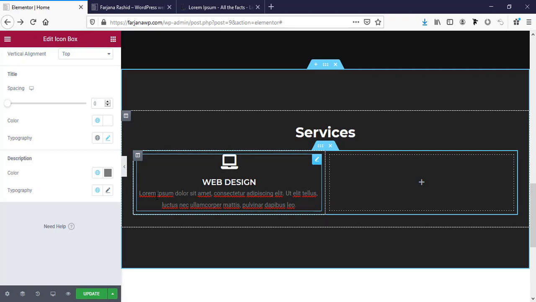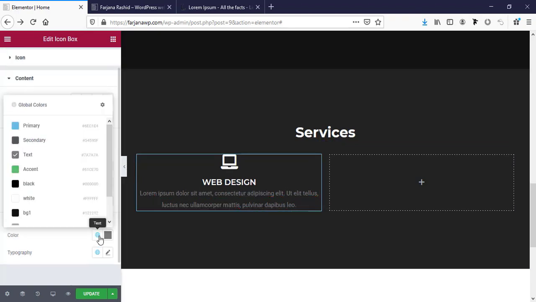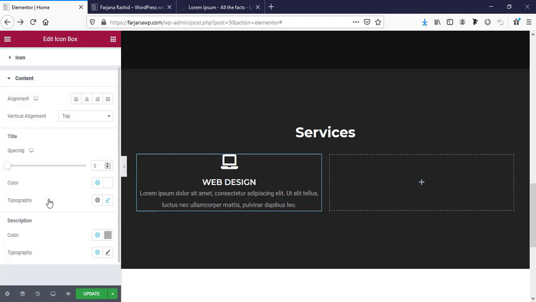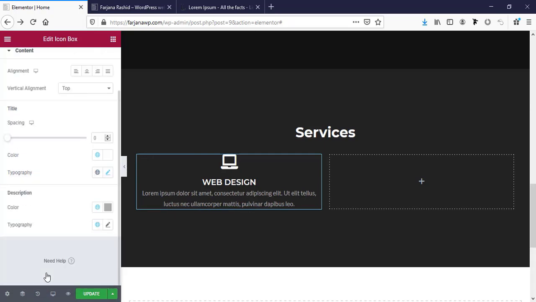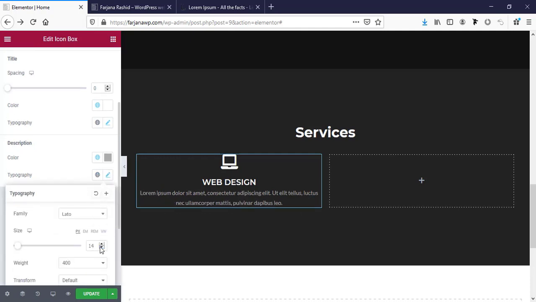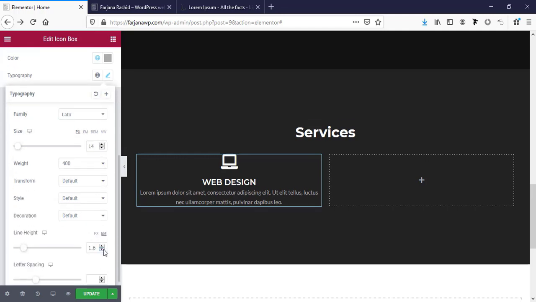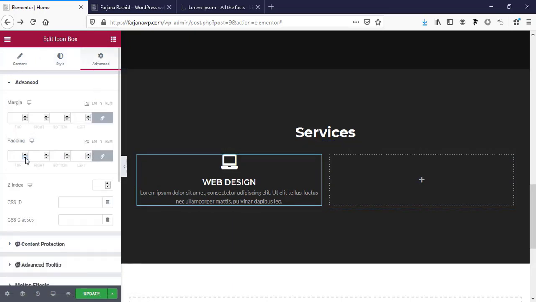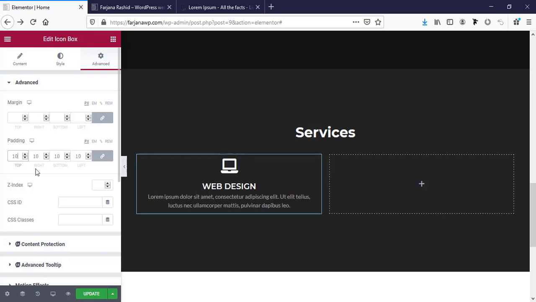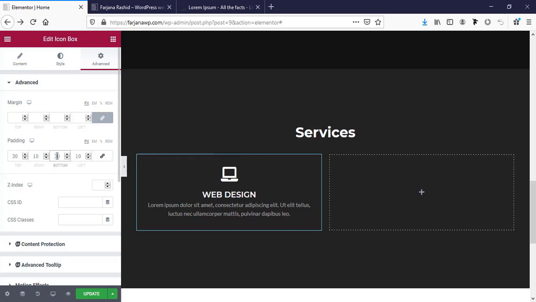and okay, and then going to the description, so here we can make the color to text color, and font typography to text font, or we can make it smaller, and also decreasing the line height. And for this area we can add some padding, so going to advanced and padding, I'm adding 10 pixel and just making it to unlink, and for the top and bottom we can add 30 pixel top, and for the bottom also 30 pixel, and for the left and right we can make it 15, and